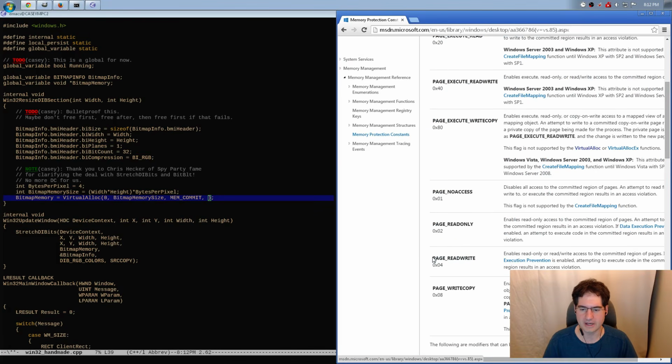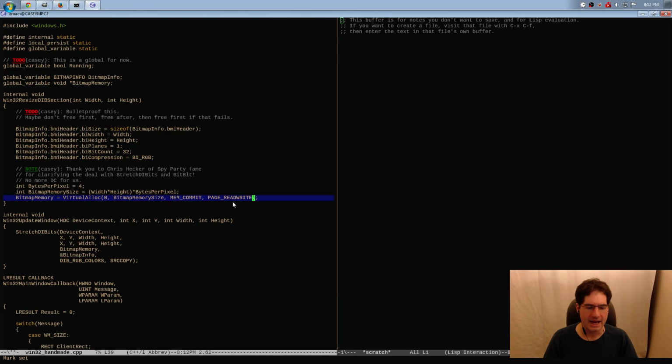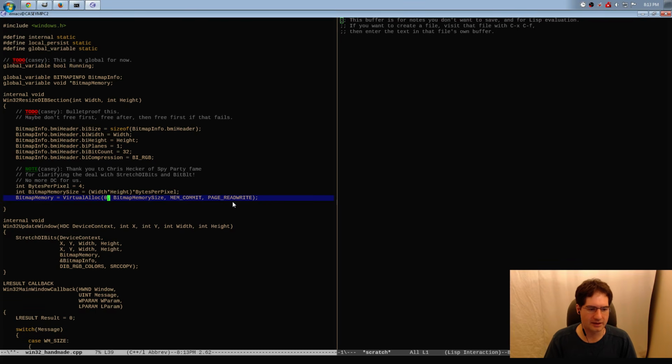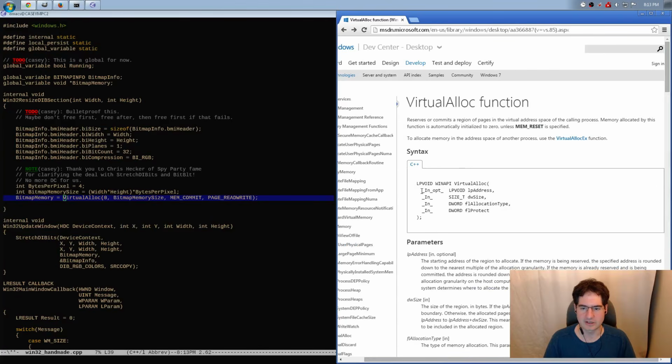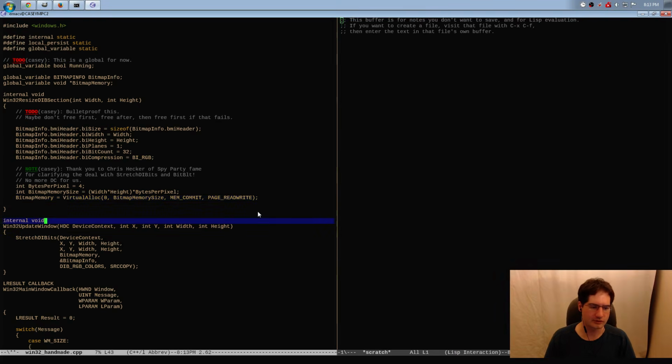So we are going to ask for read and write access to this memory, which means that our process can both look at the contents of that memory and store things to that memory, which we are going to be using both of. So we're going to ask VirtualAlloc to give that back, and in theory, it will return to us, as you can see from the documentation here, a void pointer. Remember, LP, long pointer to void, that is a void star. It is going to return us a void star, which is what we wanted,